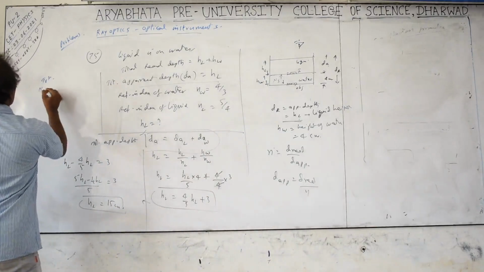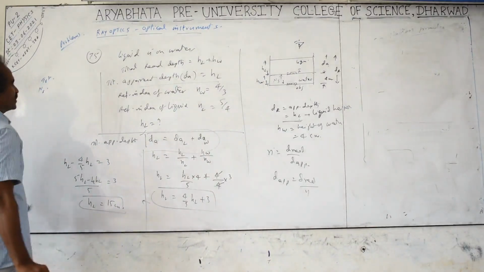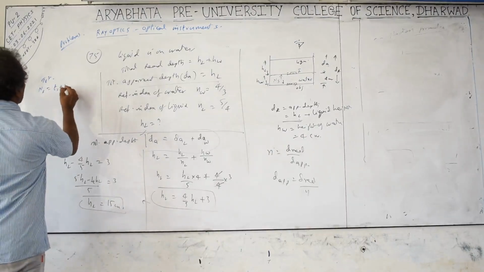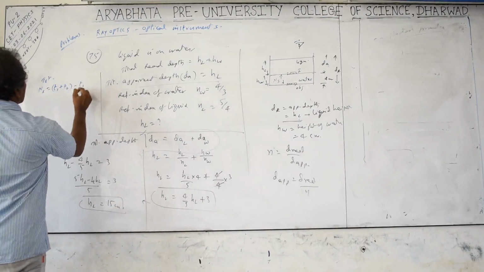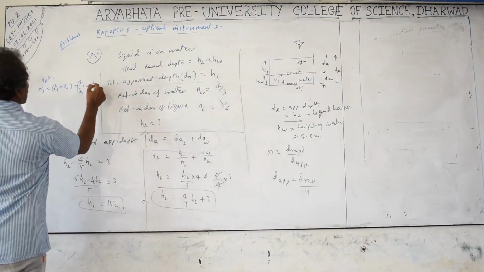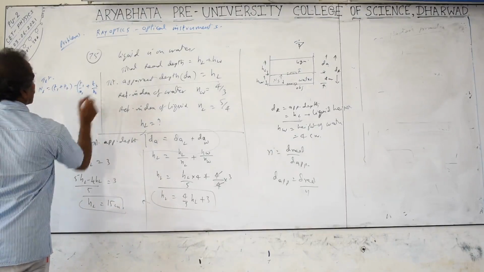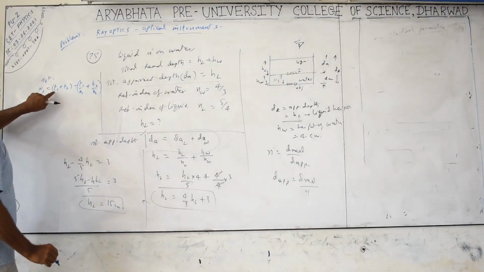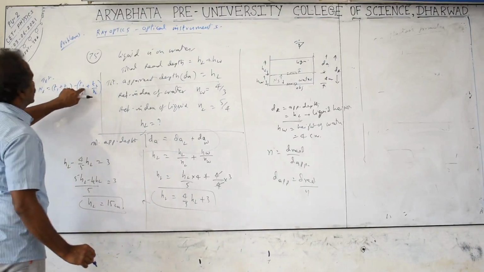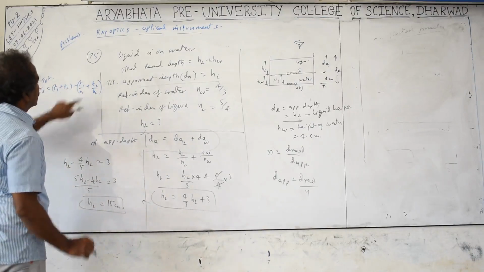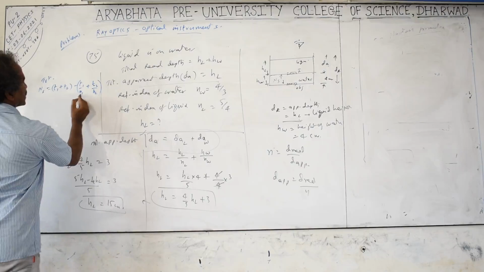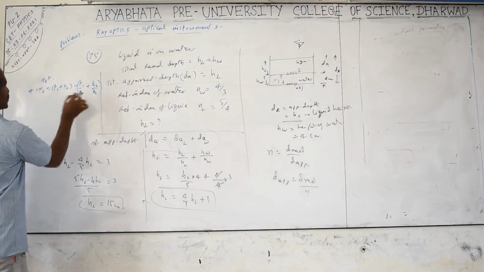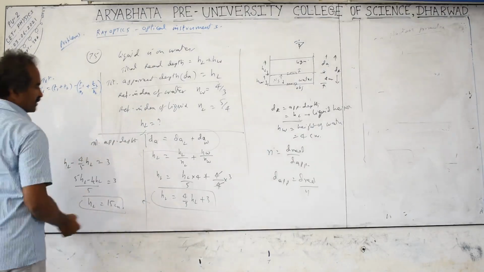Total normal shift equals the normal shift of the first medium plus the normal shift of the second medium. That turns out to be the thickness of the first one plus the second one, minus T1 by N1 plus T2 by N2. T1, T2 are the real depths or thicknesses of the liquids. You take the height of the liquid and height of the water divided by their corresponding refractive indexes. The normal shift itself is 4 centimeters. Substituting this will also give the same result.